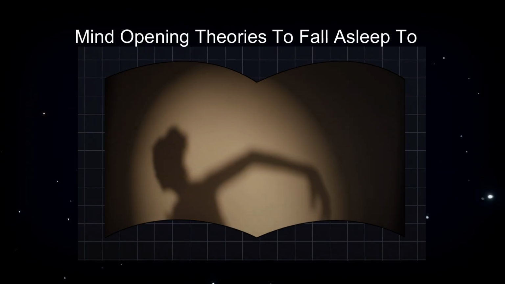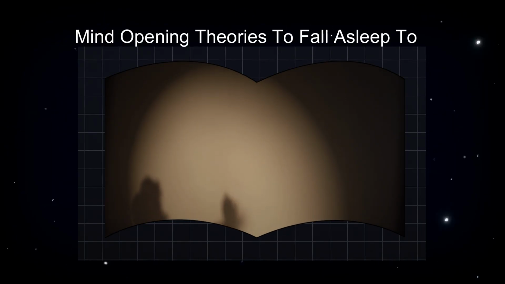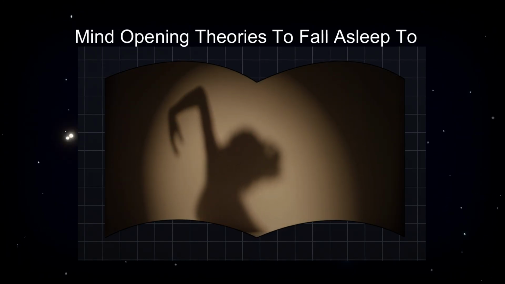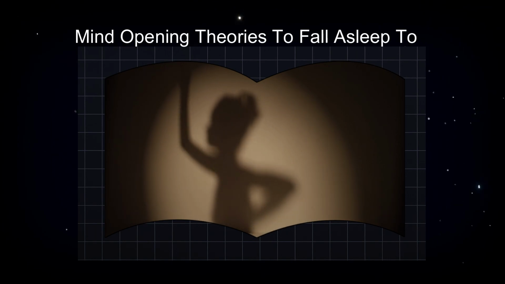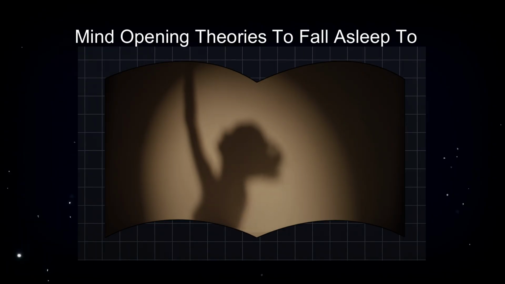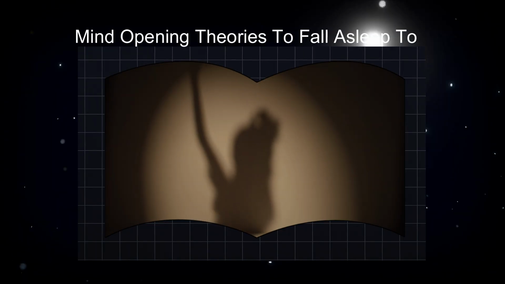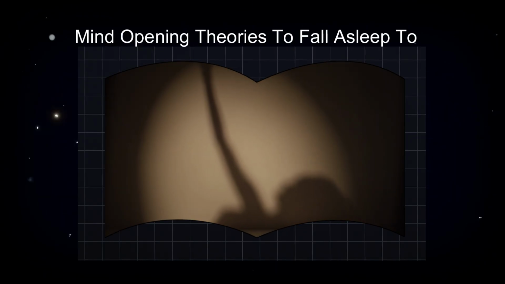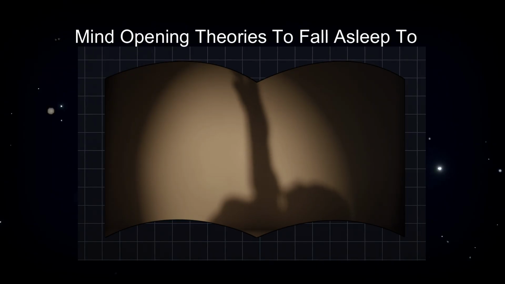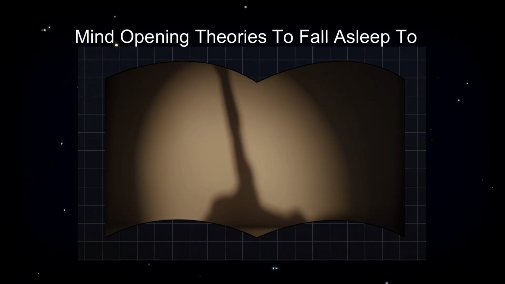Then there's loop quantum gravity. This theory takes a more grounded approach. Instead of smooth space-time, it imagines space itself as being made of tiny loops woven together like a cosmic fabric. These loops are incredibly small, but together they form everything. It's like zooming into space-time and seeing a quantum thread. Loop quantum gravity avoids the messy infinities and gives us a possible way forward. But again, we don't have experimental proof yet.